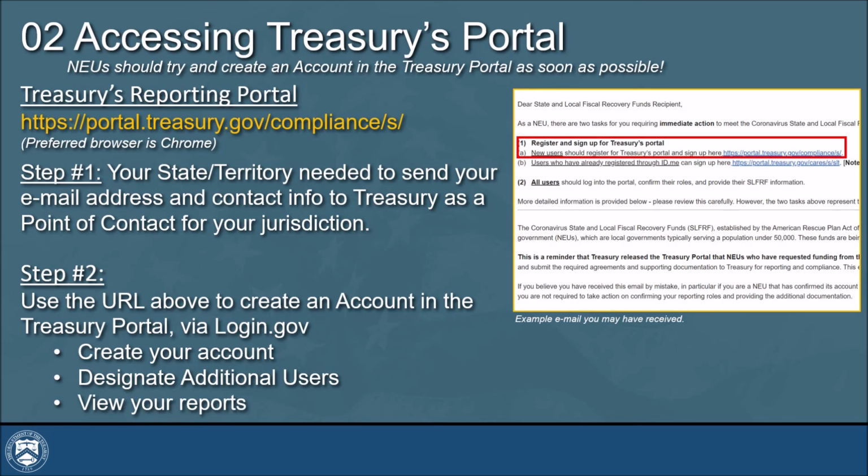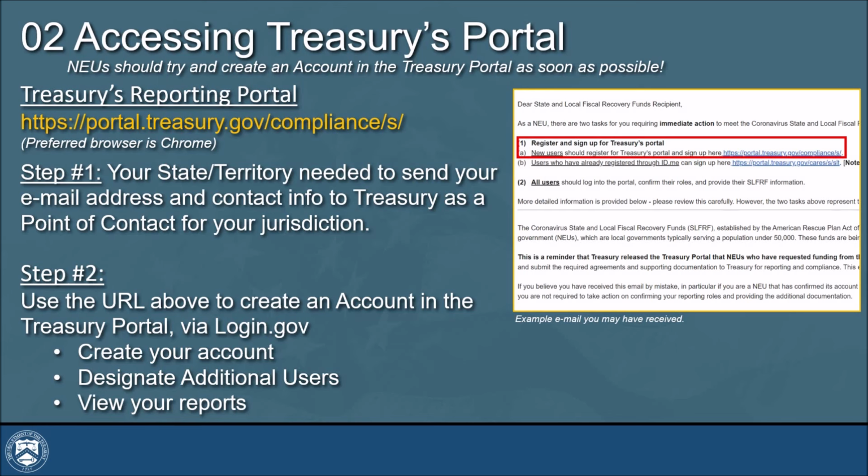Please note, the first step in this process is something that should have already occurred when you first requested funds from your state or territory. As part of your jurisdiction's request for SLFRF funds, the state or territory would have asked your jurisdiction to provide points of contact information, including an email address and a name to be provided to Treasury.